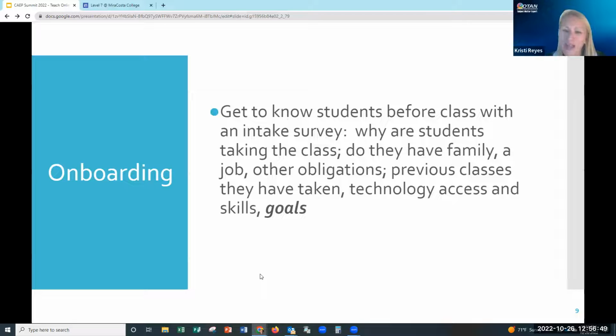What are their other obligations? Are they working? What other classes have they taken? Will they be connecting to the class on a phone, a tablet, a laptop, a computer? Do they use the Google Suite? Do they use Office?